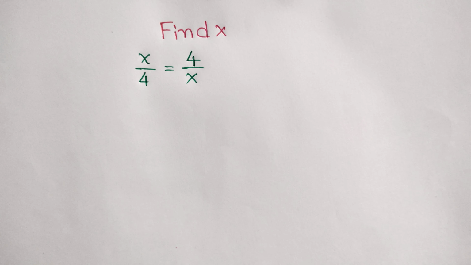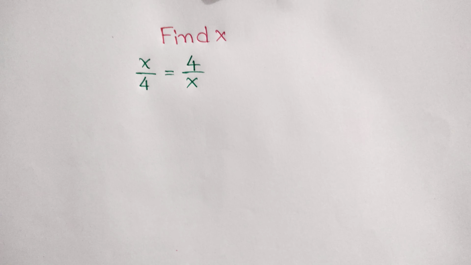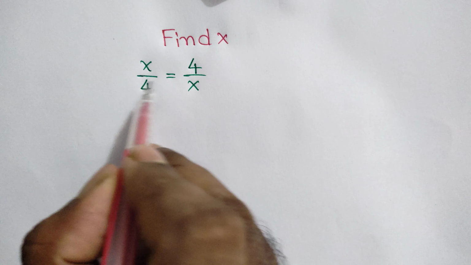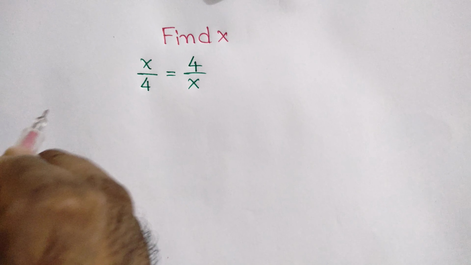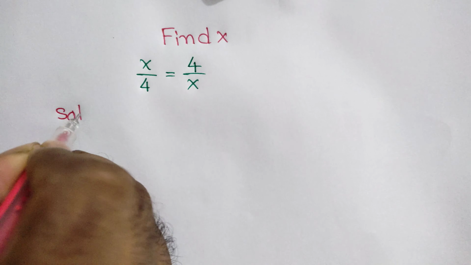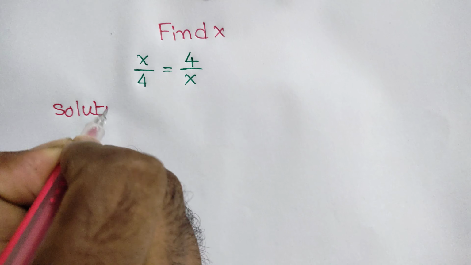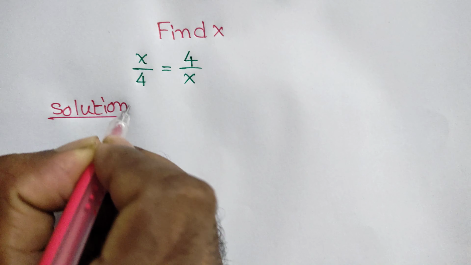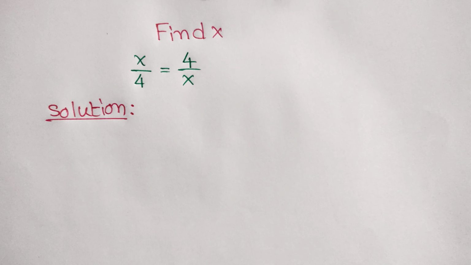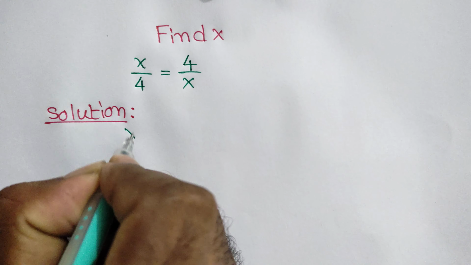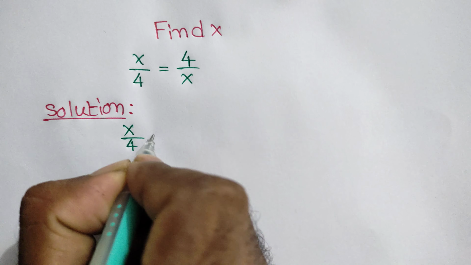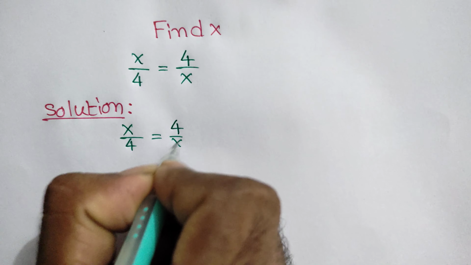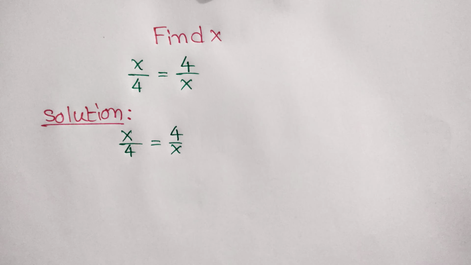Hi everyone, in this video I am going to show how to find the value of x where x over 4 is equal to 4 over x. Solution. The question has given x over 4 is equal to 4 over x,